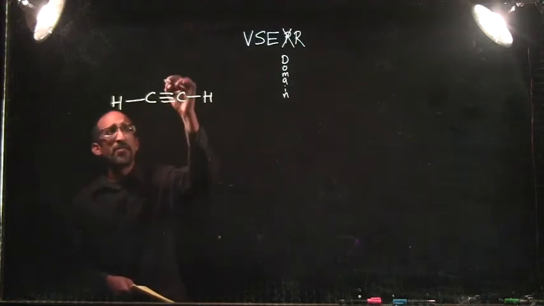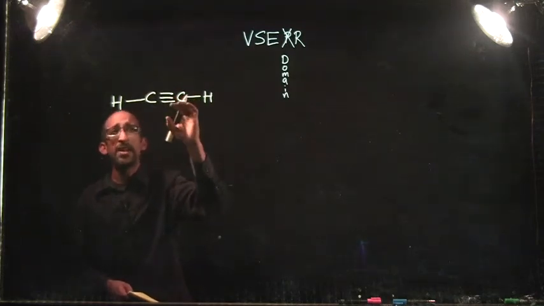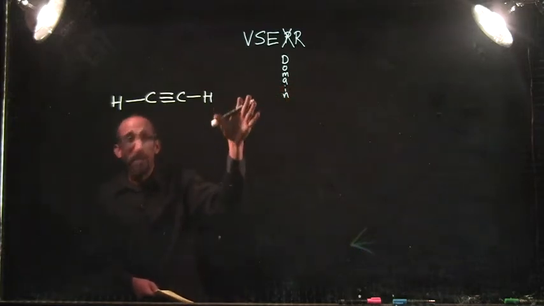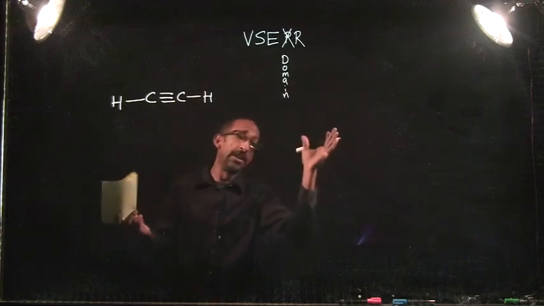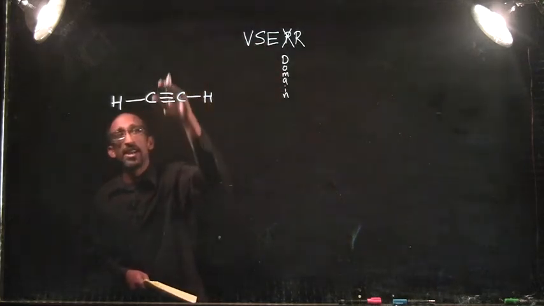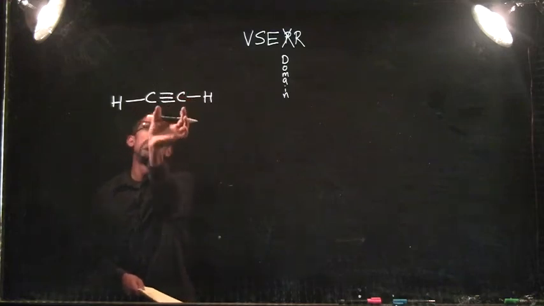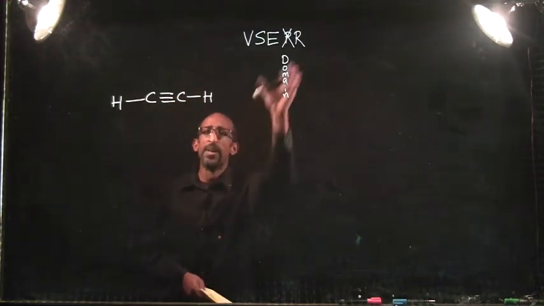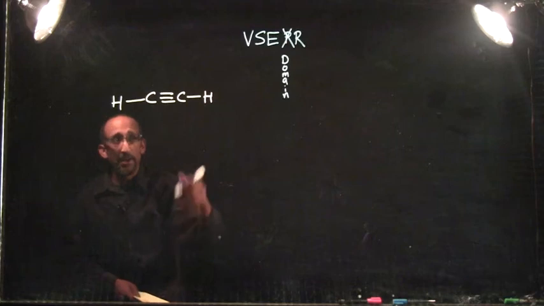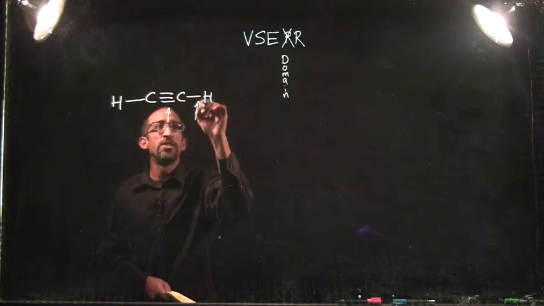So what I want to point out first is that similar to a double bond, a triple bond counts as 1 electron domain, right? And again, this goes back to why I don't like the name VSEPR. I'd rather have it be VSEDR, but somebody else came up with the name first, and we'll learn it together. So again, this is 1 electron domain, has 6 electrons in it, but it's only 1 region of electron density between 2 atoms, right? Or between 2 locations. So again, this is one more reason why domain is a much better descriptor for this theory than electron pair, right? So if we have 1 electron domain between these 2 carbons, we have 1 electron domain between the carbon